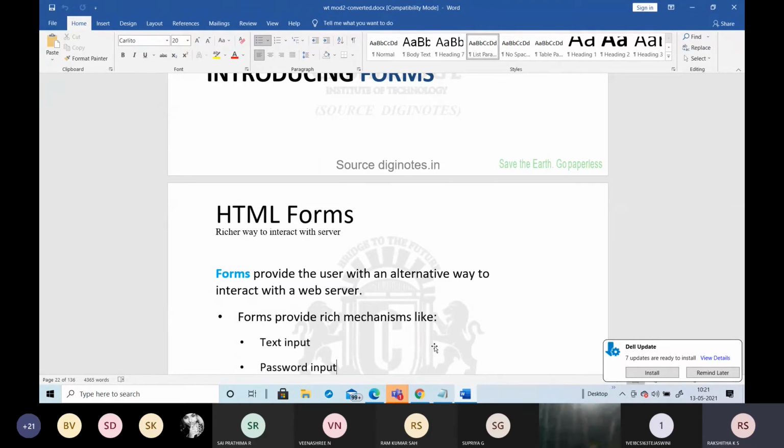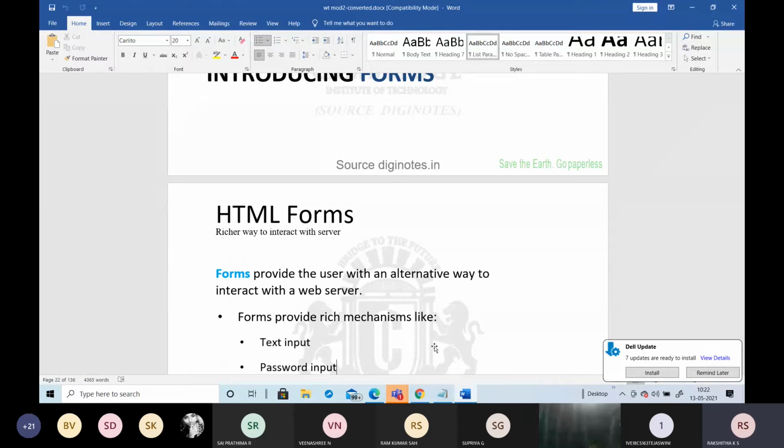What is the definition of the form? It is a technique to read the user data, to take the user input into the web application. One example for this is the HTML form. If you want to develop a web application, let me take that you are creating one feedback form, or one registration form. In that registration form you have included your name, your address, your phone number and your age. These are the data you have included. To take that particular data, a form is one of the techniques.